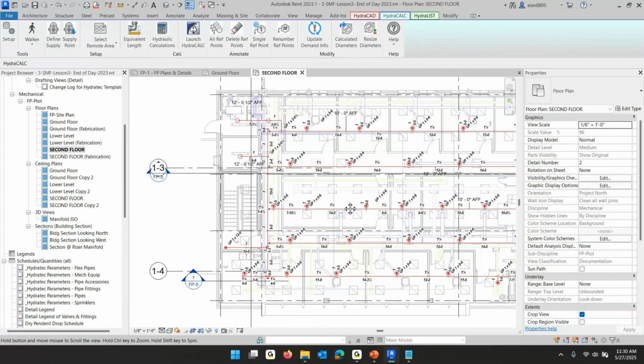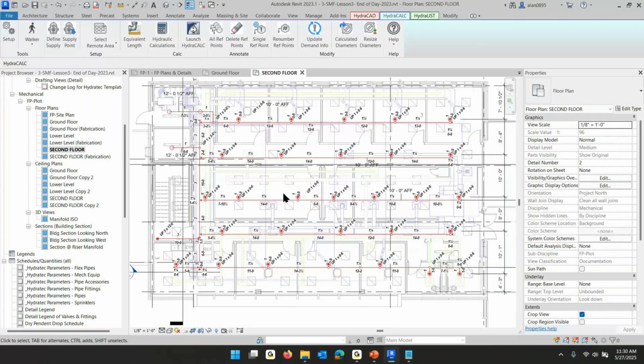A typical place where you want to use that system divider, there's plenty, but an example is a 10-story building. You can put a system divider on the control valve on each of the 10 stories. When we go to calculate the 9th floor, I want all the piping on the 9th floor and the supply pipe. If I have system dividers on all those control valves, I do the walker once on the 9th floor and once on the standpipe. I have all the pipe that supplies the 9th floor,